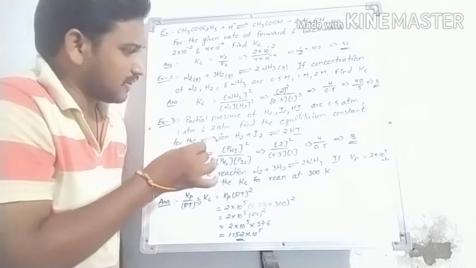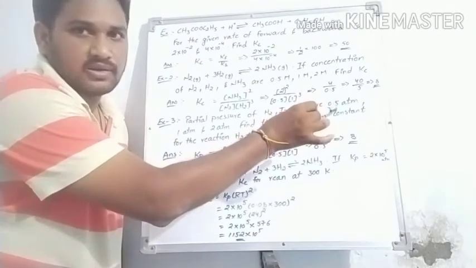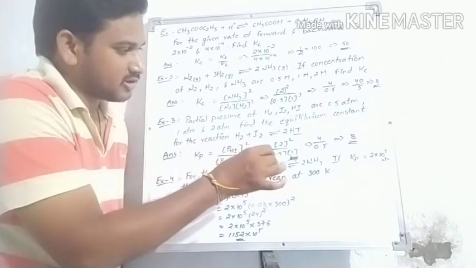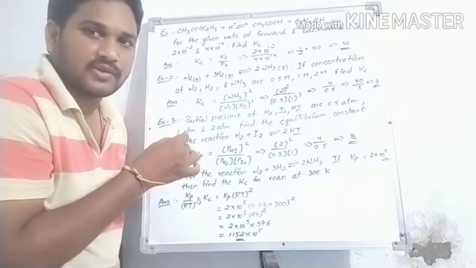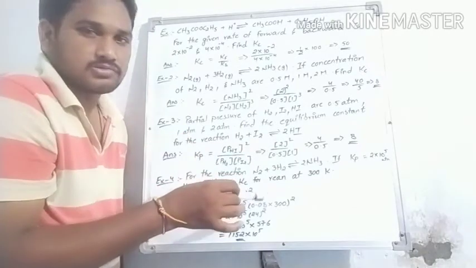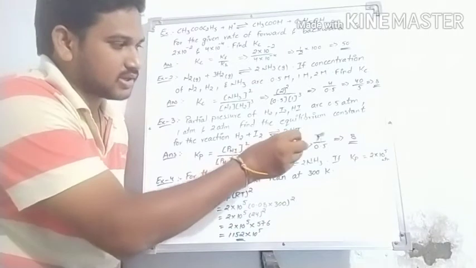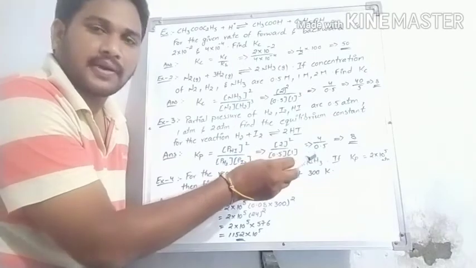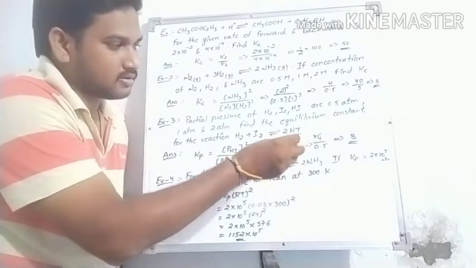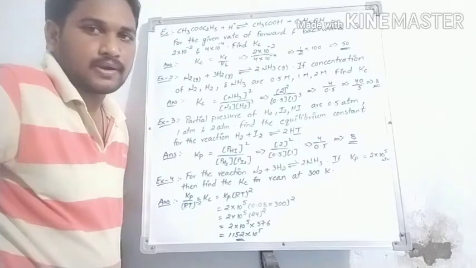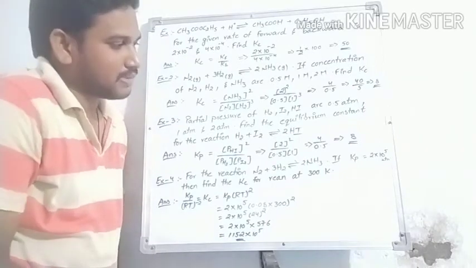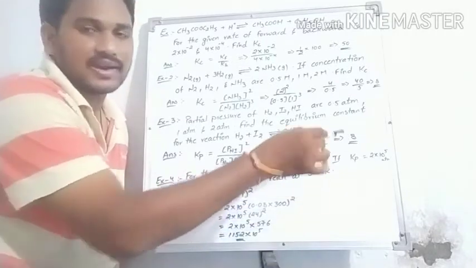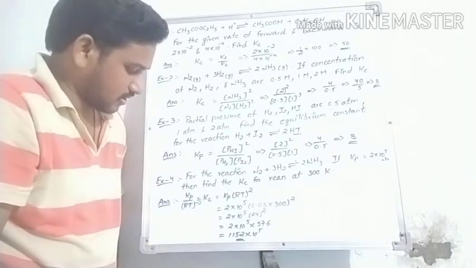Students, in the partial pressure of H2, what is the value now? Partial pressure of H2 is 0.5, and the partial pressure of I2 is only 1. Students, again 2 square is 4 by 0.5 into 1, that is 0.5, where again multiply and divide with 10, where 10 by 10, 40 by 5, where 40 by 5 means again 8. Students, clear my point or not?